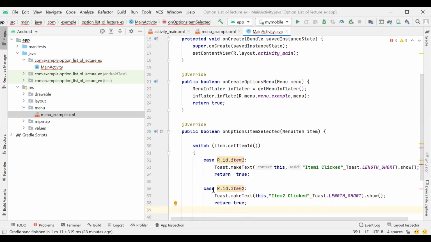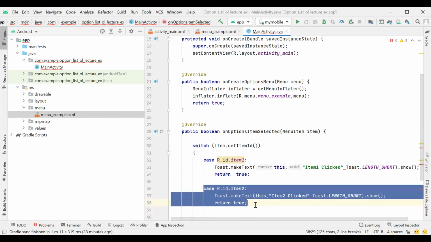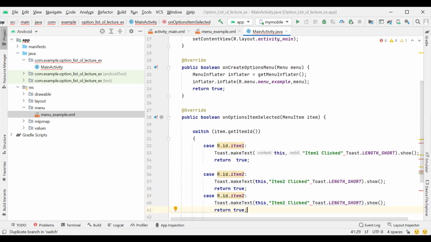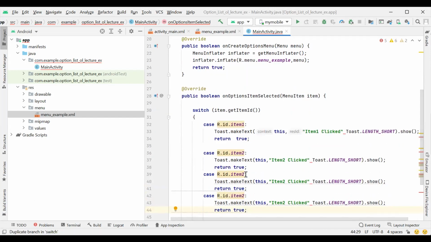Again we copy this for item 3 and item 4. So here we change to item 3 and item 4, and here we change item 3 and item 4.